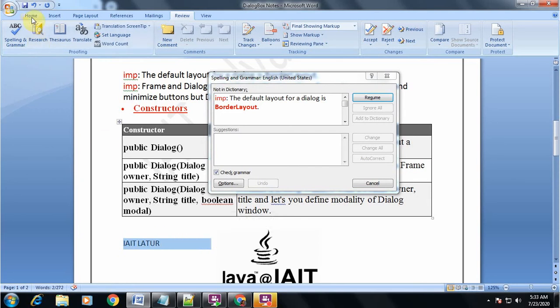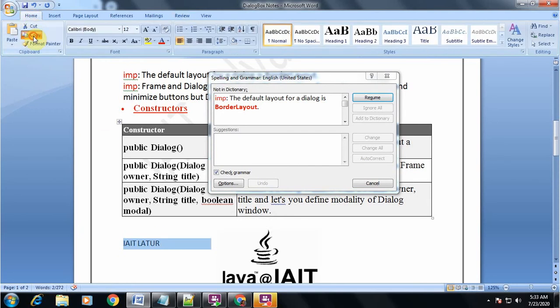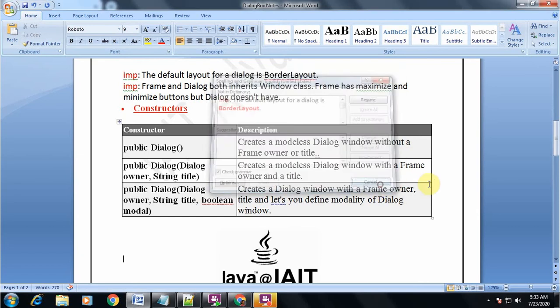I can write this, I can copy this, and if I want, I can cut this. Like a normal window, I can work. Such dialog boxes, which allow you to work with the other parts of the application even when they are active on the screen, are called modeless dialog boxes.